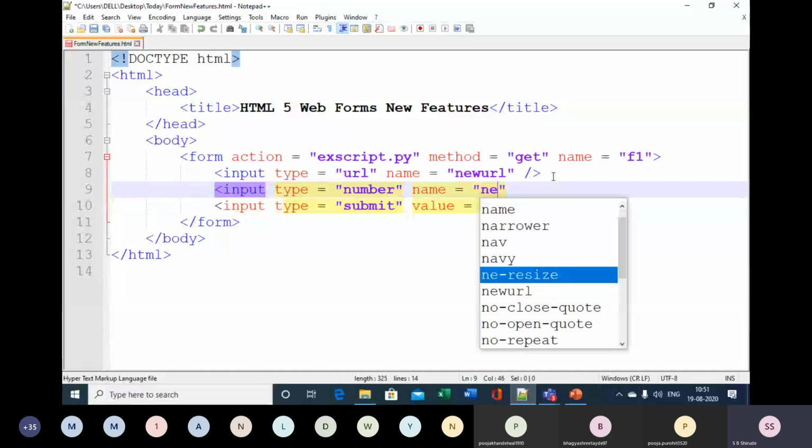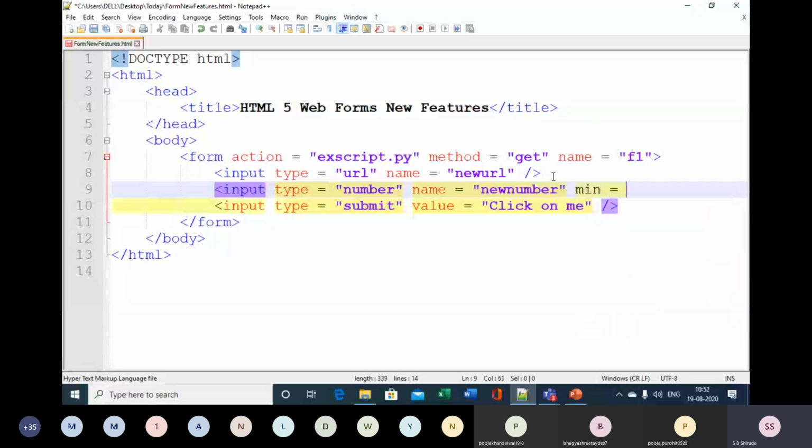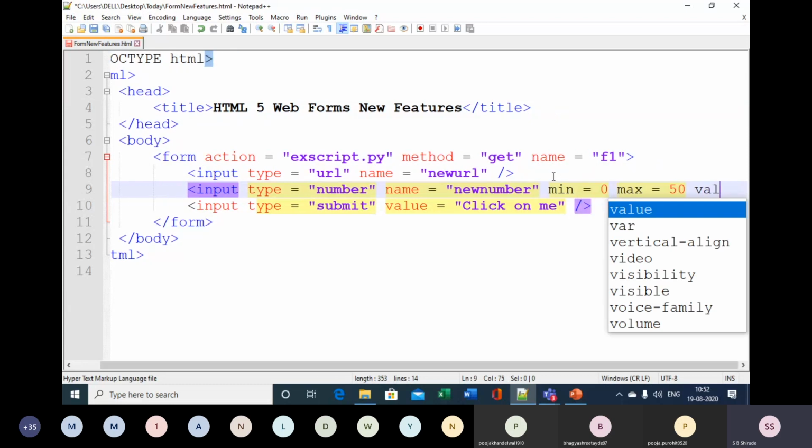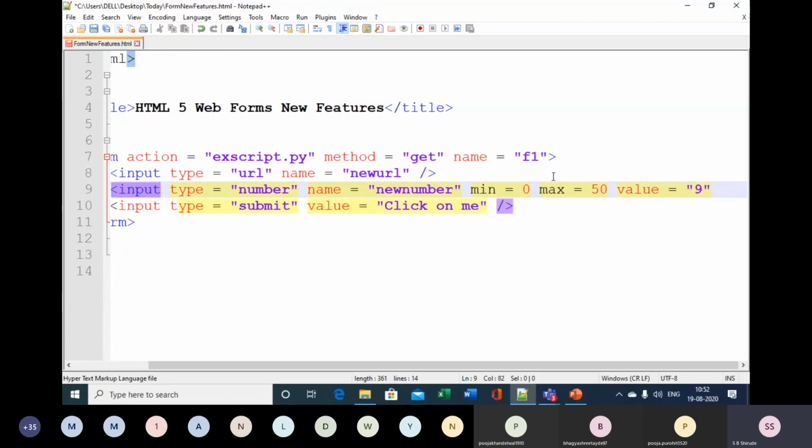Again here you can use the attributes such as min. Means you can specify the range of that particular number that you are going to insert. Such as min is equal to 0, max is equal to say 50. But it is not compulsory that you should enter. If you do not insert min and max attribute, still it is okay. And if you want that by default some value should come, such as say 9, it should come with the value say 9. You can ignore the double quotes or you can give the double quotes. It doesn't make any difference. So by default value I am inserting here 9.